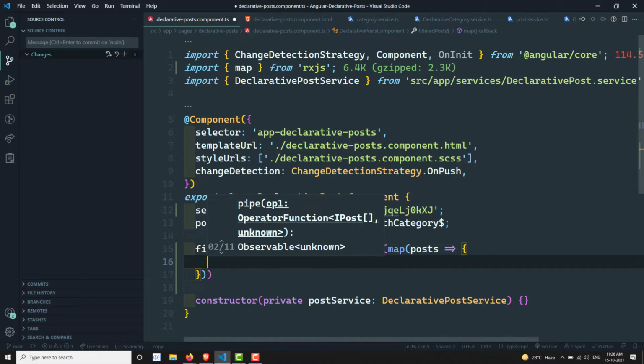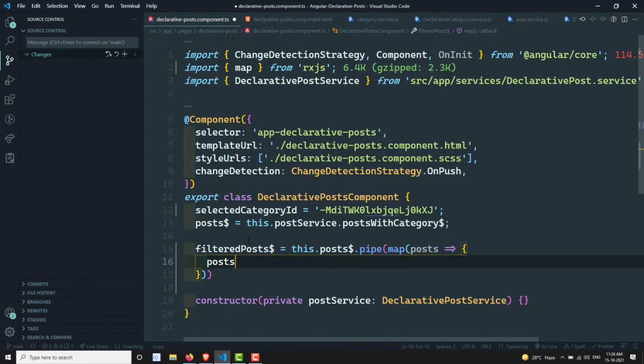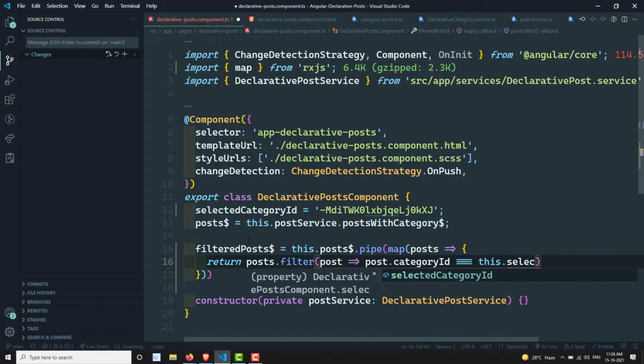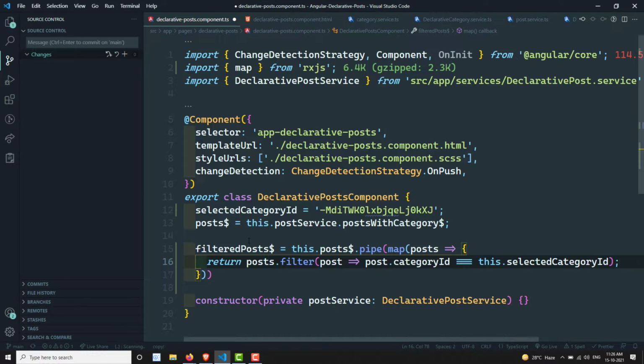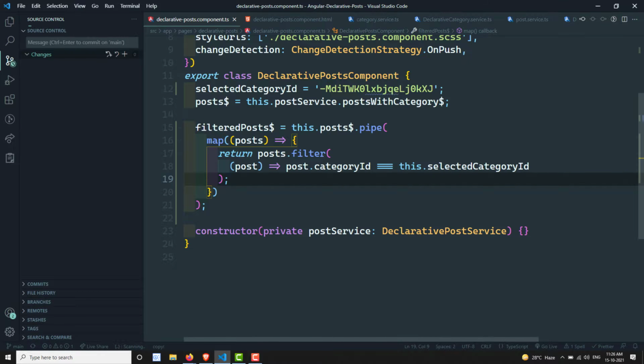In this, I return posts dot filter, and I get each post. I can check that post dot category ID is equal to this dot selected category ID. So that's it. Now we have filtered posts.